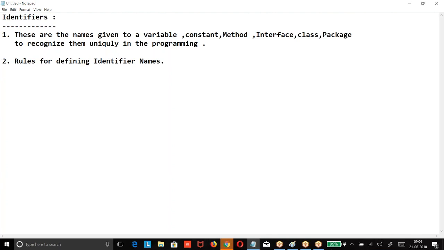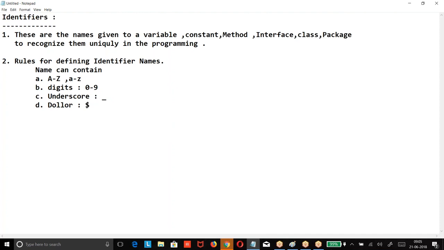What are those rules? Rules for defining the identifier name.